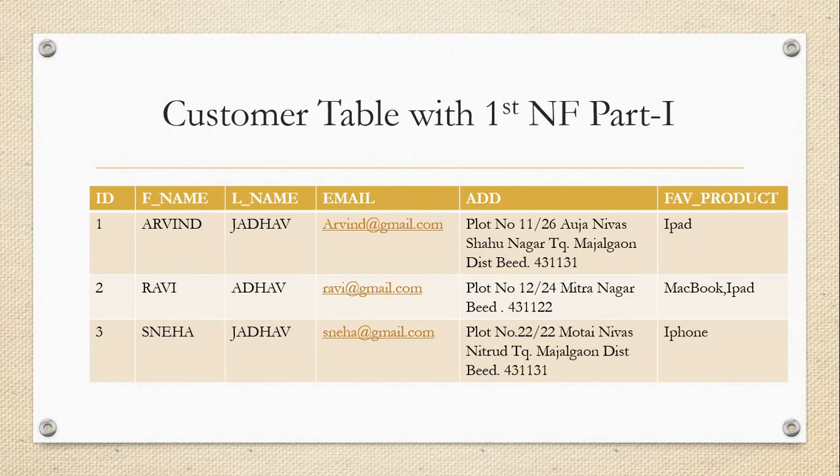How will we separate that data? We will use pin code as a separate attribute, city as a separate attribute, and street as a separate attribute. That means this address will be divided into 3 parts. Street contains only street information, city contains only city information, and the pin code contains only the pin.